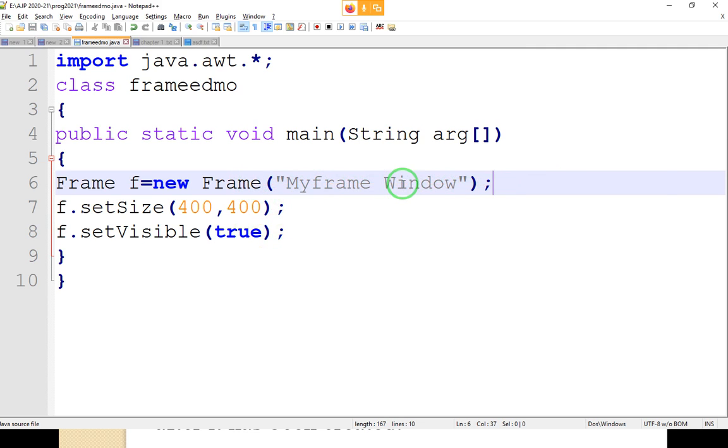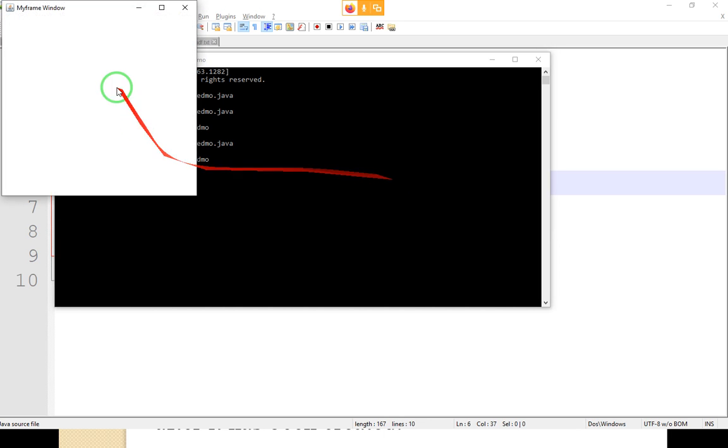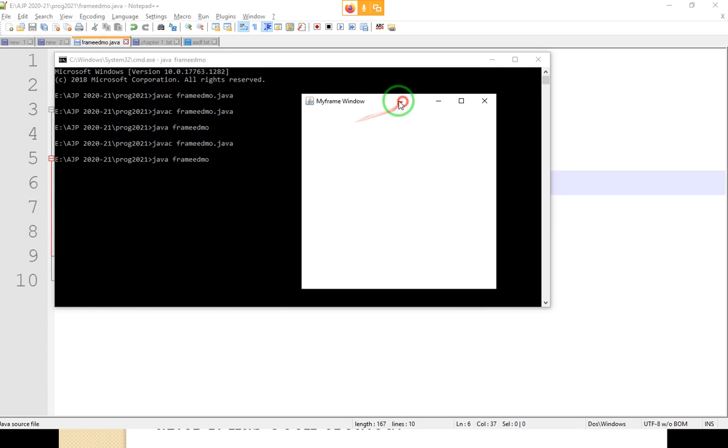When you write it, it will provide a name to your frame. Look like this. Here a name is provided to your window, that is my frame window, right?